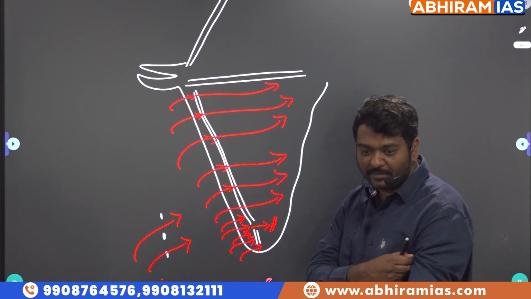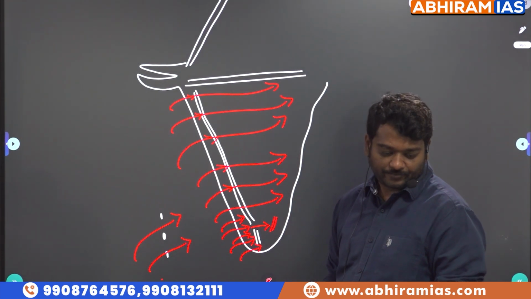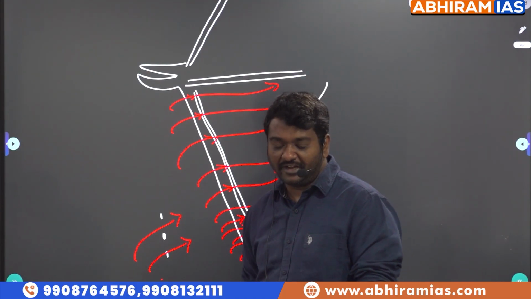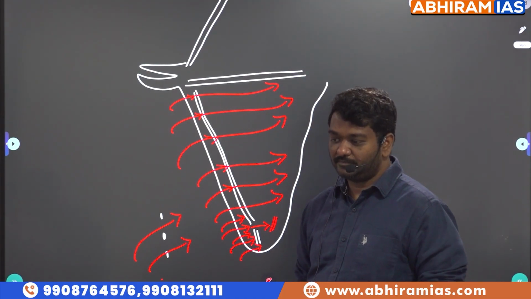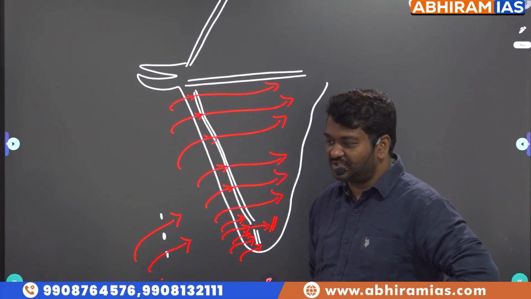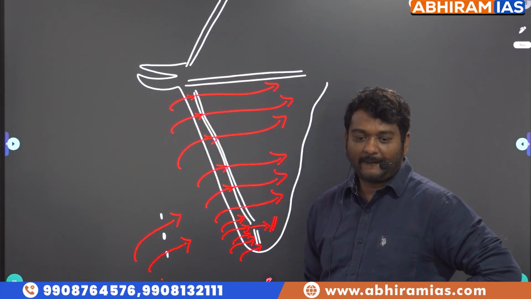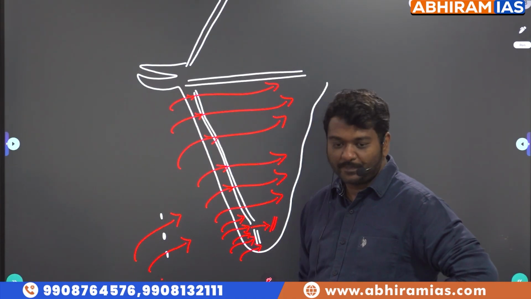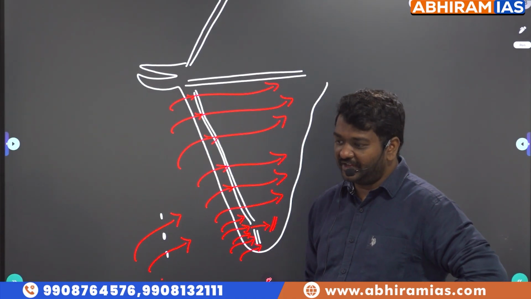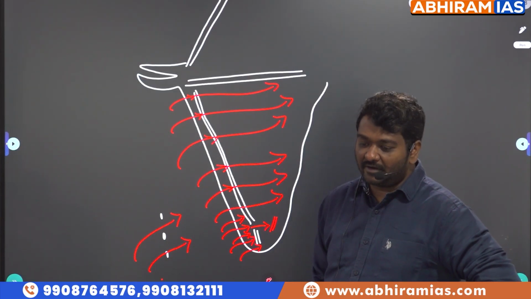You write Arabian Sea branch, just points you write. Arabian Sea branch. First union territory is Lakshadweep. And first state Kerala. Next. Kaveri river receives